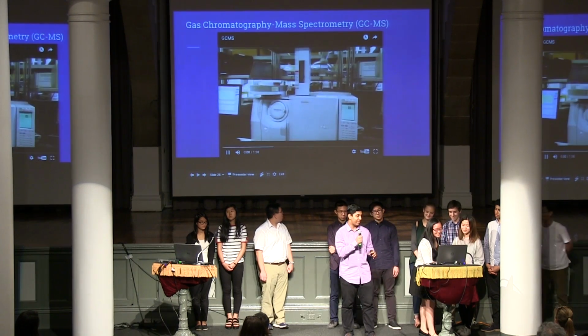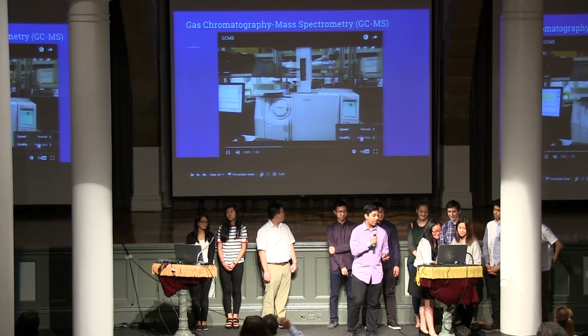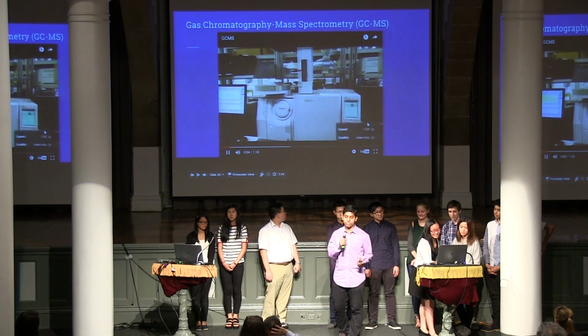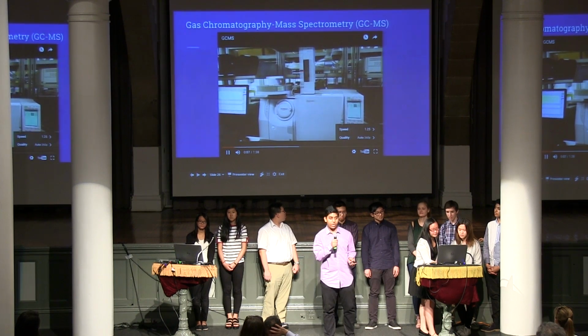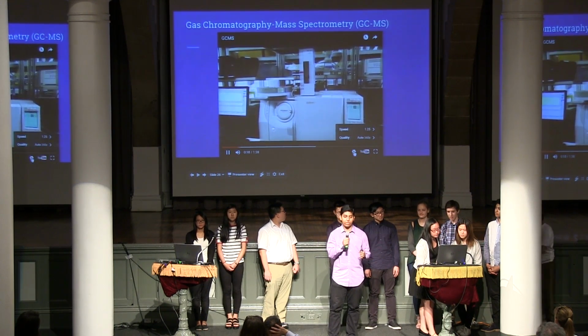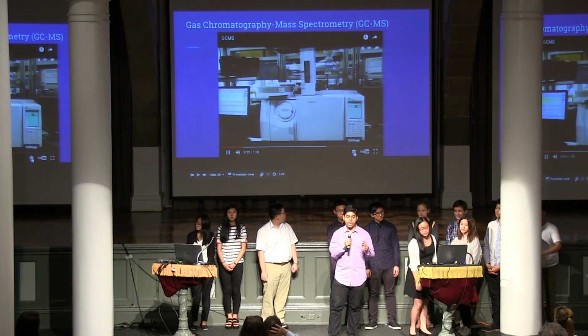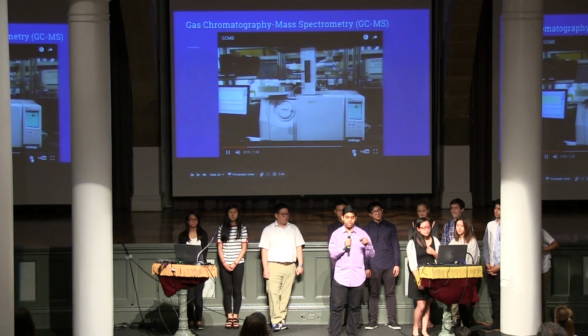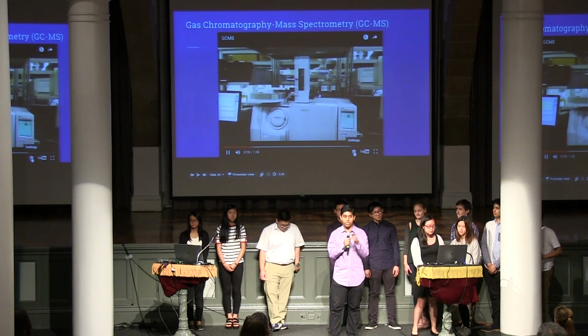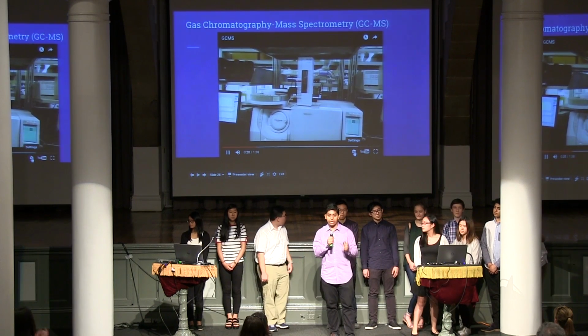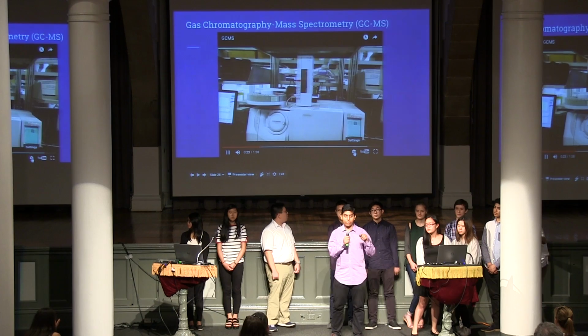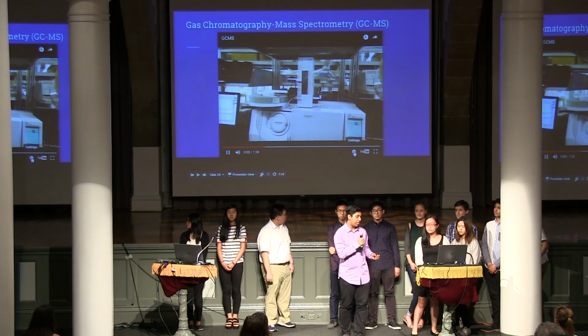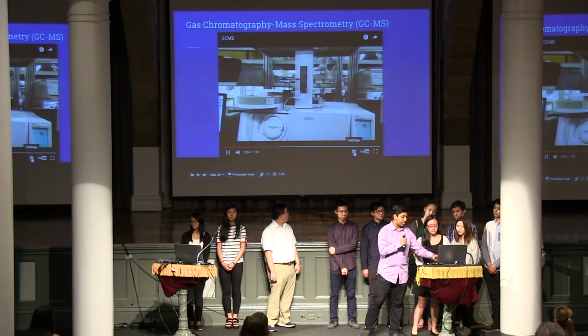Sorry, we're having some technical difficulties, but what it does is first it washes the syringe with a compound, and then it washes it 2 times with the biodiesel, and then on the 3rd time it inserts the biodiesel into this long, circular column, where as a gas, it separates through mass and polarity, and the results come out